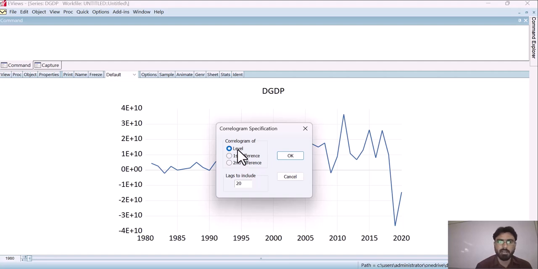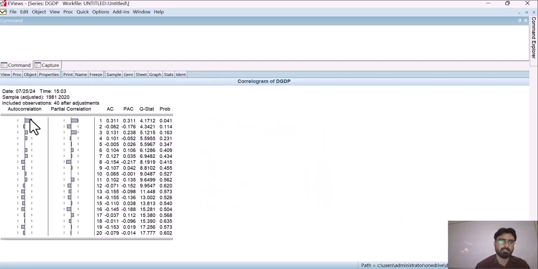If you are interested in first difference, then you have to take the original GDP data and then click on first difference. But when you have already converted it to first difference by taking dGDP, then you have to go with this Level option and click on OK. So now you can see that all autocorrelation issues are resolved, as there are very marginal values for the autocorrelation.